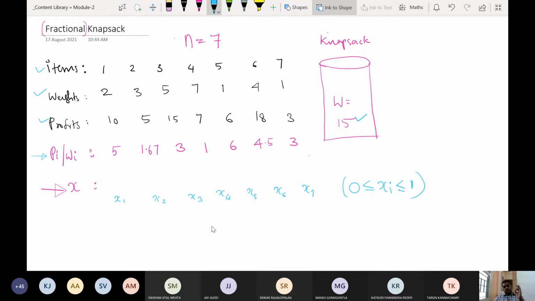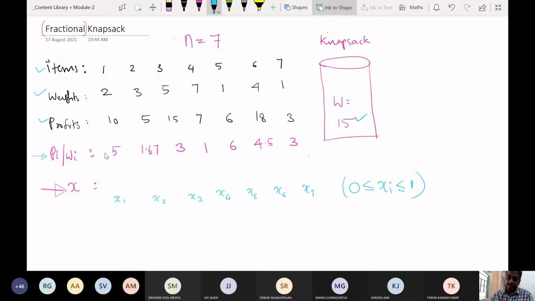So at the starting of your program or algorithm, you first have to find out the profit by weight. You can compute it, it is just numerics. You can run a for loop and find the profit by weight. Done. Then you need to sort this in descending order. If you sort in descending order, you can start from the left side, or if you sort in ascending order, you can start from the right side, because the highest profit by weight value you should choose first.